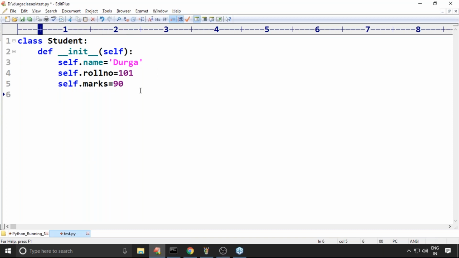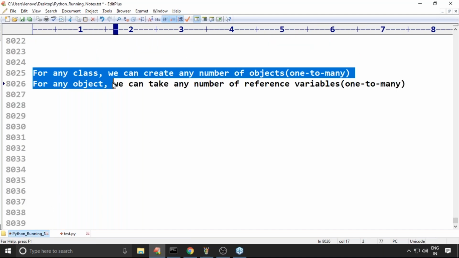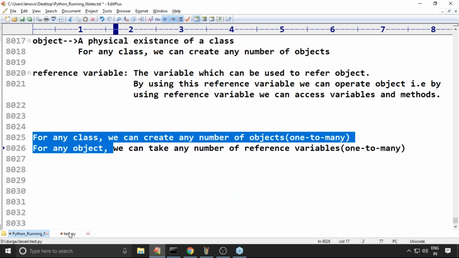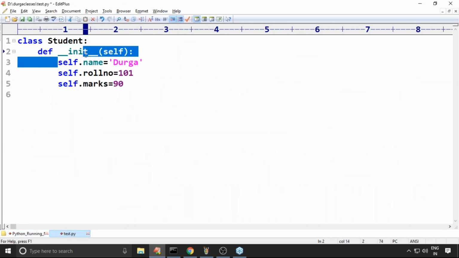Sir, do you know it is a special method? Theoretically we got it very clearly, but in the program, whenever you start, we didn't get much clarity about this init and self. That's why understandability was down; we didn't get the complete picture.